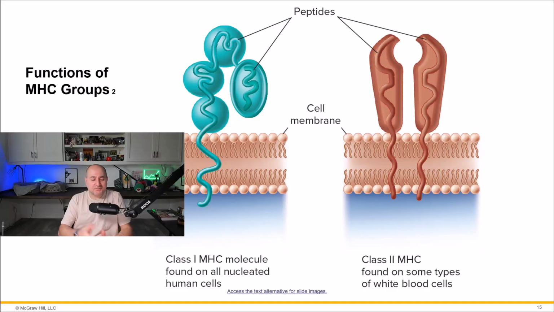All right, welcome back from the board. I just want to show you this. This is kind of a depiction of what they look like. The class 1 MHC, MHC I, is this teal one on the left. And remember, that's found on all of your nucleated cells, while MHC II, which is on the right, is found on only those professional antigen presenting cells. Remember, the macrophages, dendritic cells, and the B cells. Now, to explain what these do, because they do something,